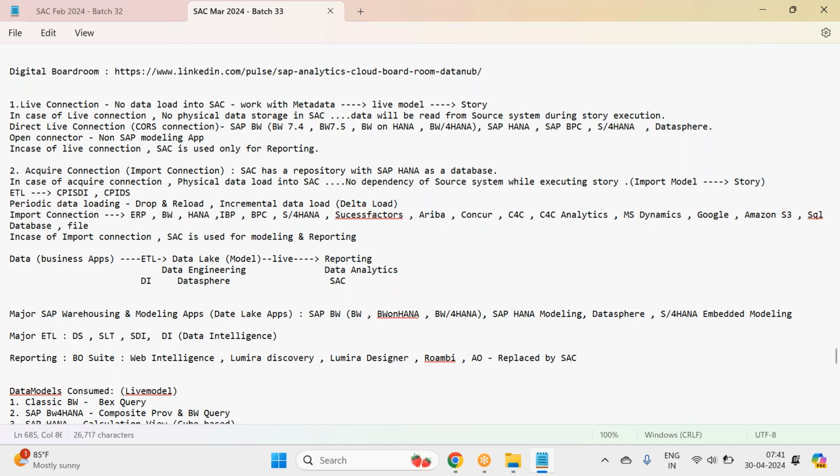No reporting tool can be connected live with a business application, because in the case of a live connection, we consume the data models, and these business applications have no data modeling concepts, right? So live connection happens only with a warehousing or data modeling application. Okay, it can be SAP or non-SAP. Okay, so